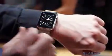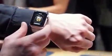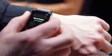Heading into the clock, you can see you obviously get the standard clock screen, or you can long press to customize it and choose between various different faces, including the Mickey Mouse one. Dragging down the top gives you all of the recent notifications, so you can go into, say, the phone, and you can call people back directly from your watch if you want to pretend to be Dick Tracy. Meanwhile,